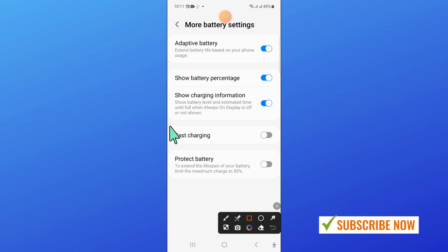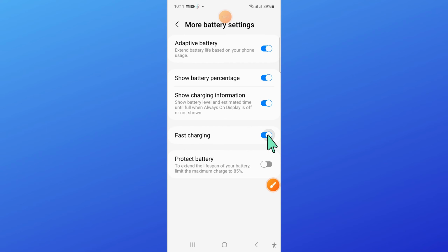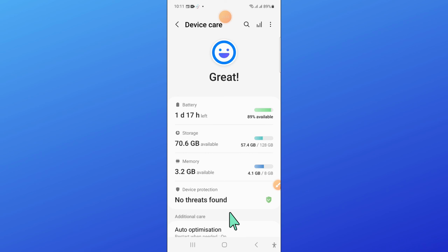Now here you will see a fast charging button. So turn on this fast charging button and after that go back